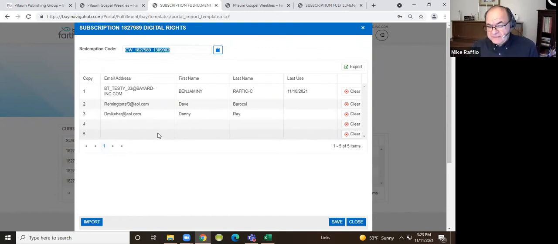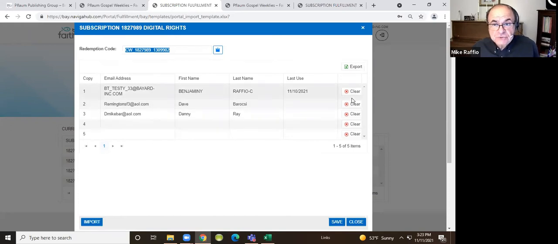While we're here, though, I do want to make mention of one other thing, and that's the column on the right that says last use. This is a column that will be useful to you as the year goes on if you'd like to know whether or not parents are using the digital edition with their children. So today, obviously, is the 11th, and yesterday we created this account. And so the last use was yesterday, 11/10. We did not click on anything, so it still says 11/10. Dave has not used anything yet. We've just put it into his library.